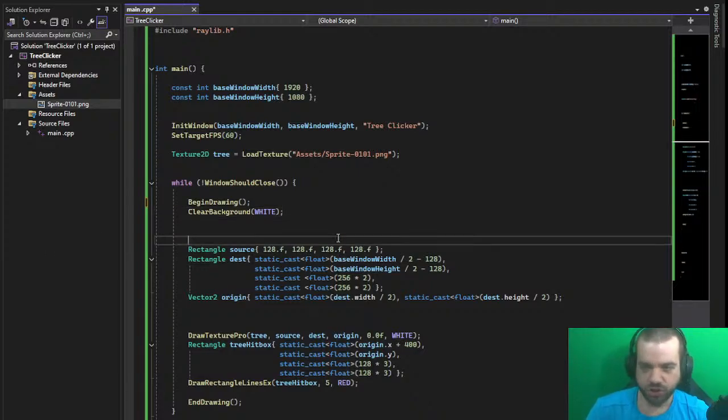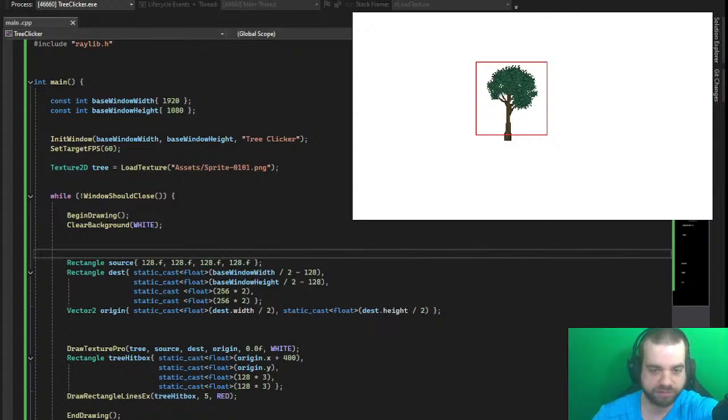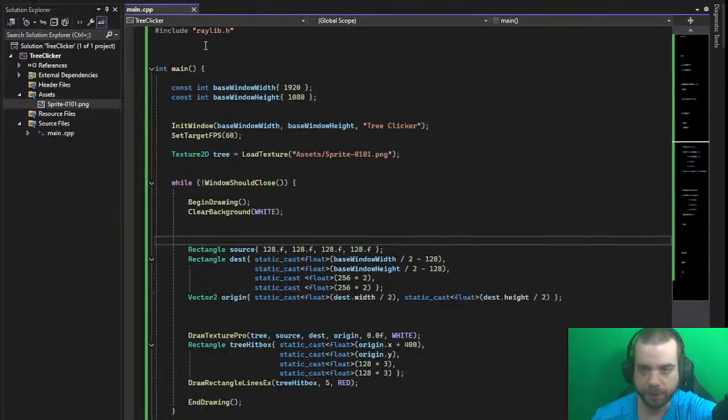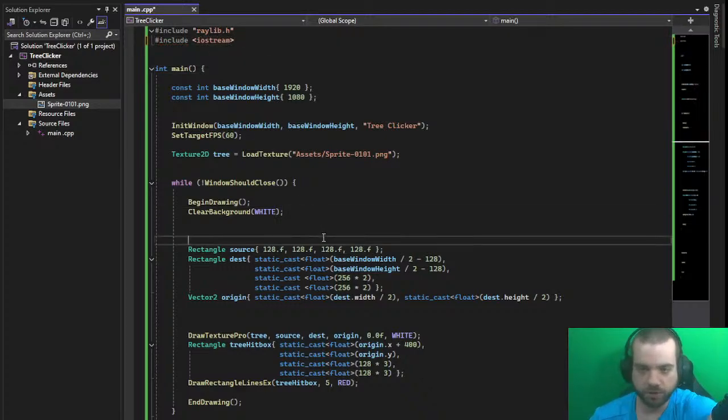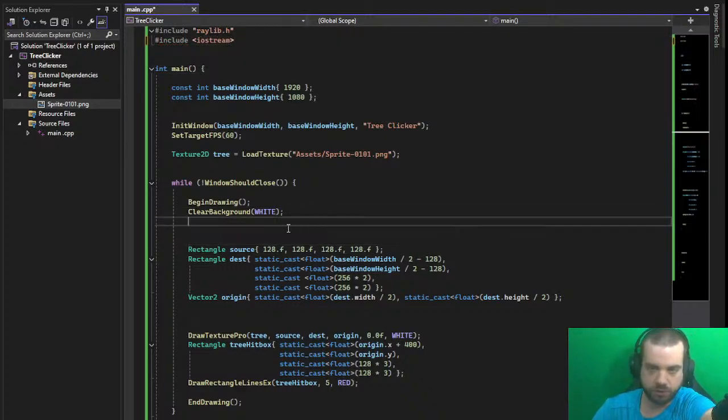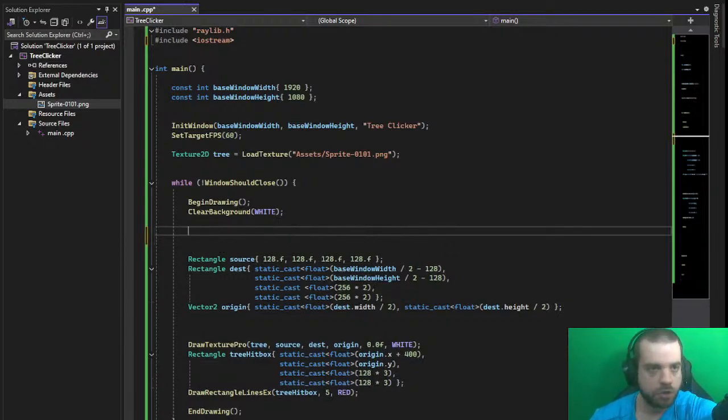We're creating the tree, we're creating a hitbox. Now we can click the hitbox. Next we add the clicking of the hitbox. And we'll include IOStream, and then we will do if